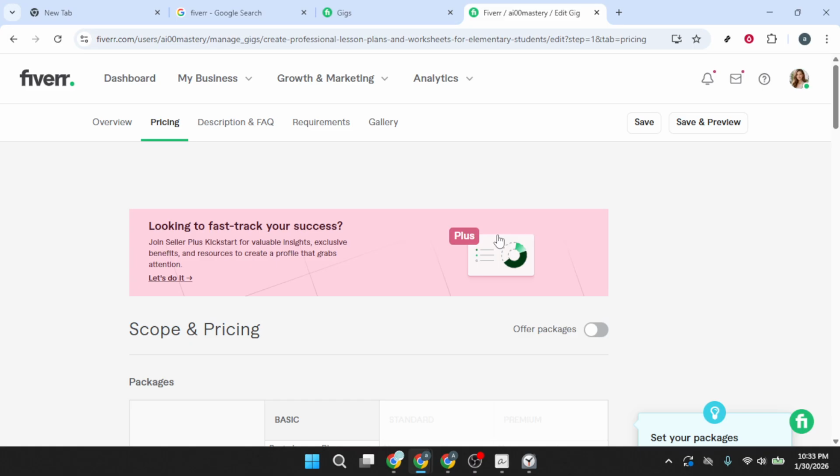That's it. Open Fiverr, go to My Business, select Gigs, edit the specific gig, switch to the Pricing tab, update your package prices, and save. With these steps and a bit of thoughtful alignment between price and scope, you'll keep your gig competitive and clear